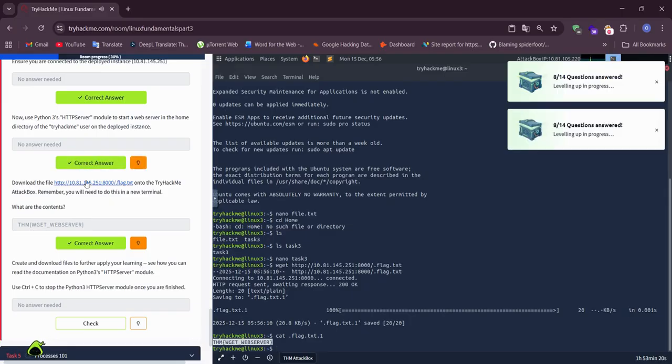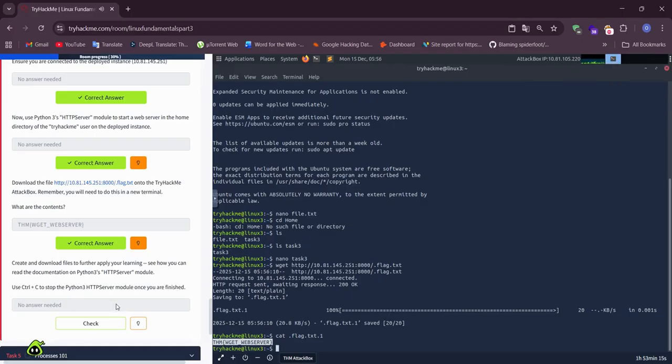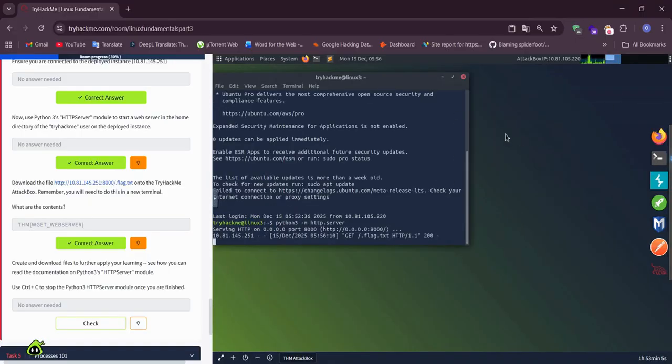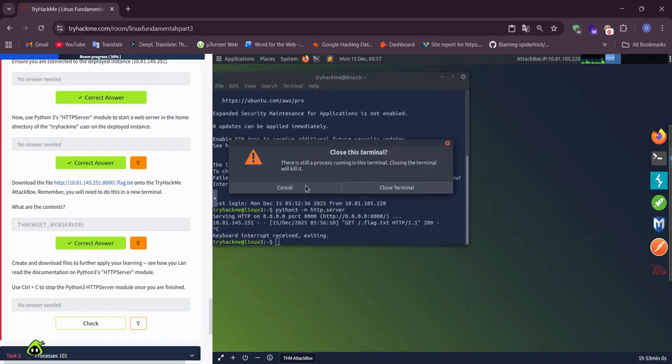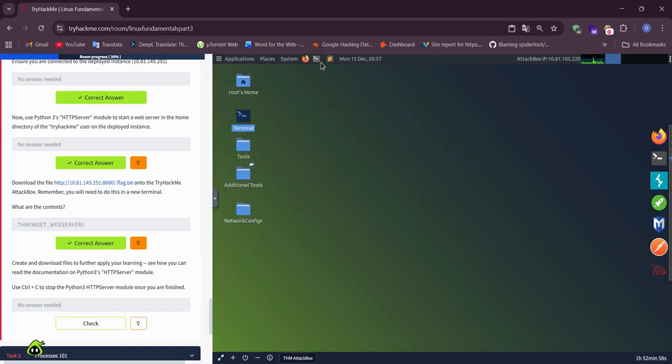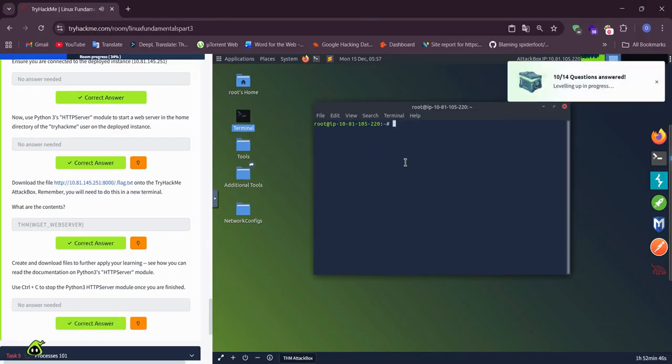We solve this task and use Ctrl+C, and we close our server. Close terminal. Check SSH.